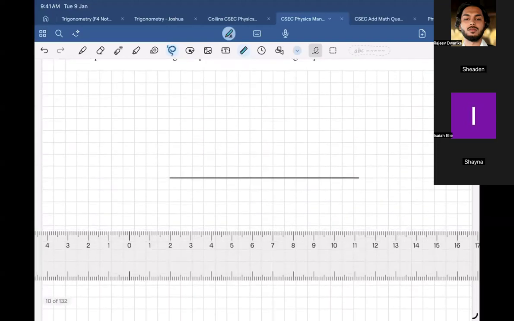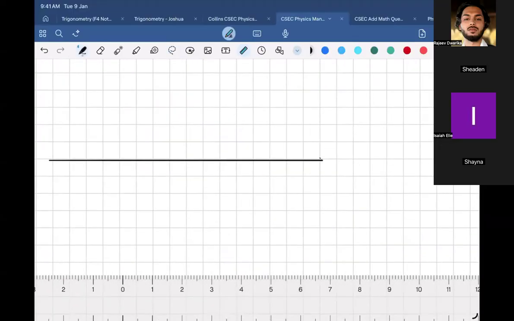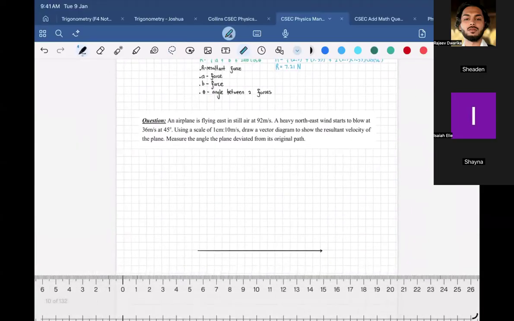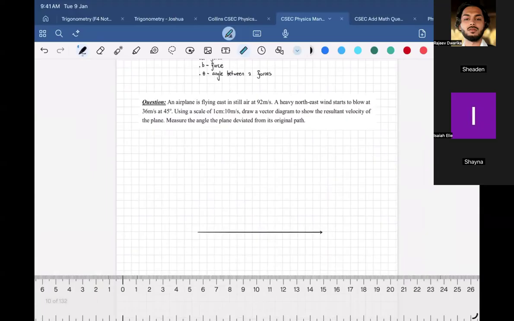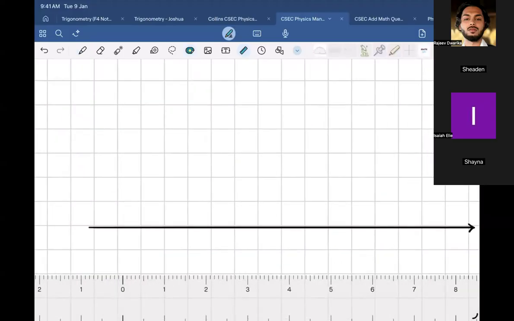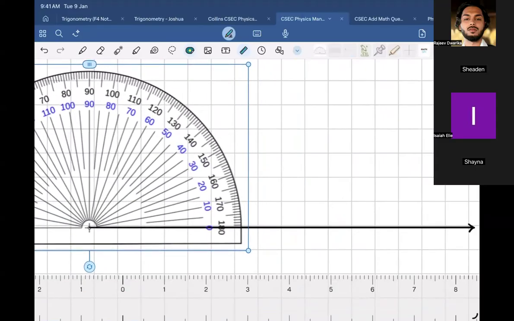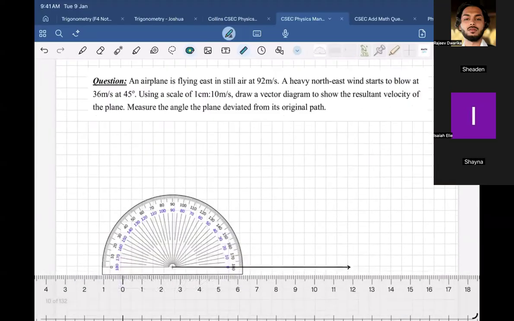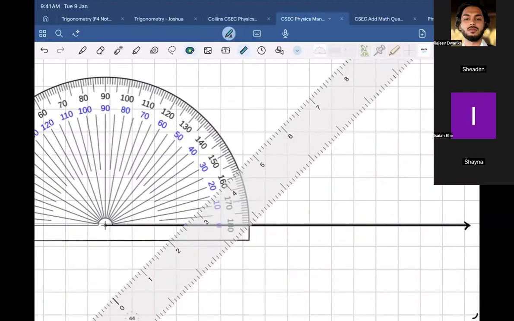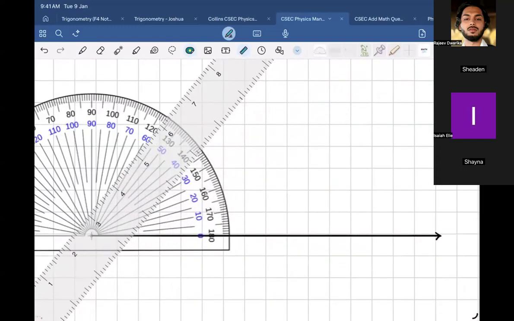All right, so yeah, we drew the first vector, right? Cool. Help me with the second one. They are saying northeast, but we could ignore that, right? We're just looking for the 45 degrees, and yeah, this is not geography, this is physics. So I'm gonna put on the 45 degrees right here. And before I do that, Shay, what length should I measure? 3.6. Should measure 3.6, right? So 45, 3.6, okay.